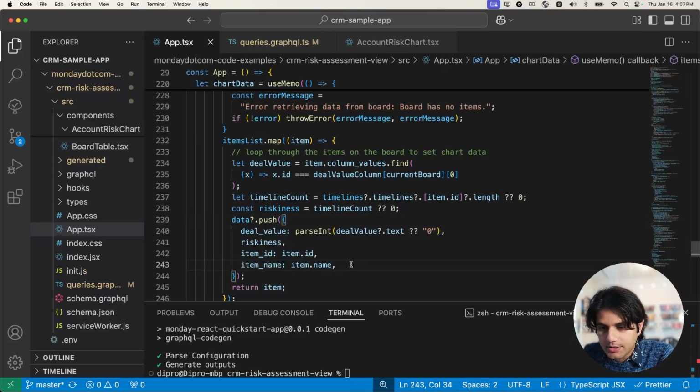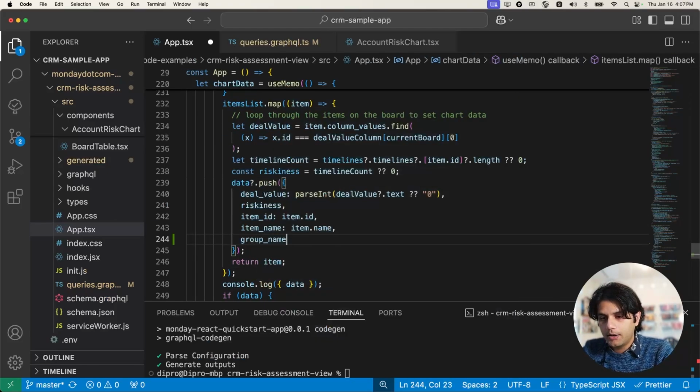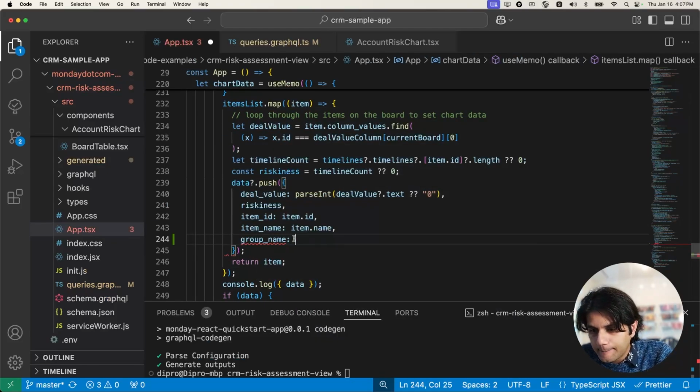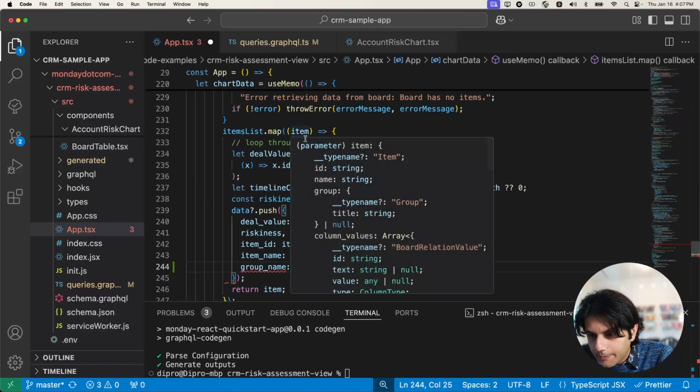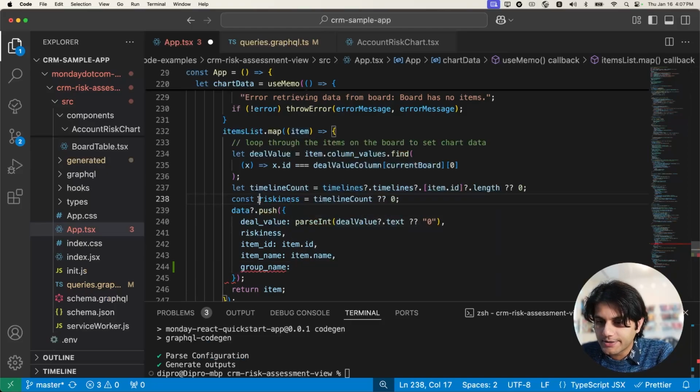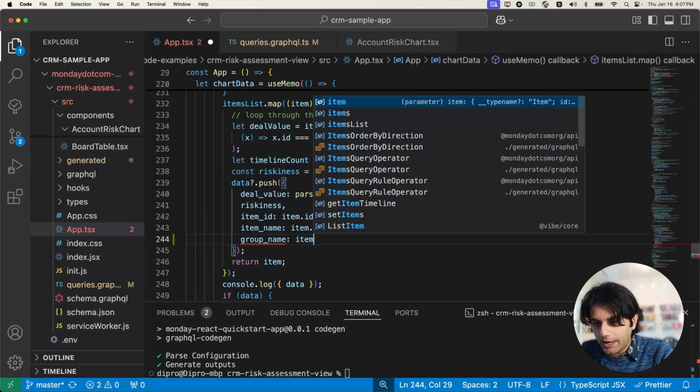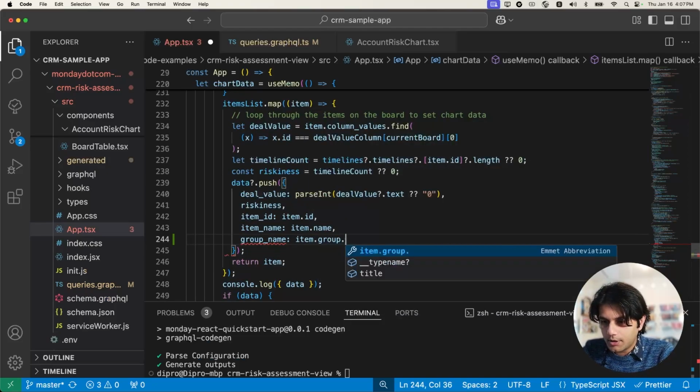And so for this, I want to actually add group name to it, and group name is going to be on the item group.title. Okay, and you can see that already this type generation is working because I've just rolled over item, and group, which wasn't there before, now exists. So I can access this, and it won't give me any type errors. So I can just put item.group.title,